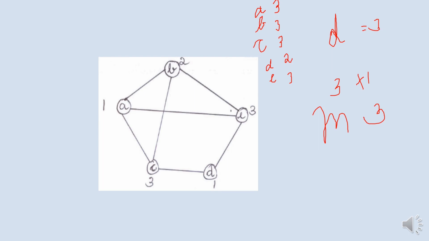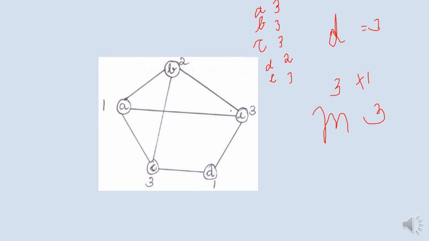For the vertex A, if color 1 is chosen, then its adjacent vertices B, C and E cannot get the same color 1. So the vertex B will be colored with the color 2. Now B has an edge with the vertices C and E, so C and E cannot have the same color 2. Coming to the vertex C, its adjacent vertices have got the color 1 and the color 2, so I can give it a different color, that is why we have taken the color 3.